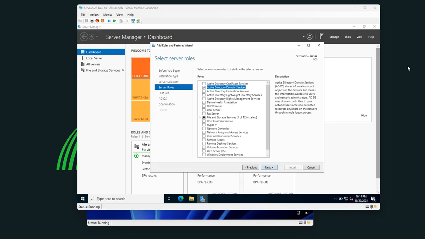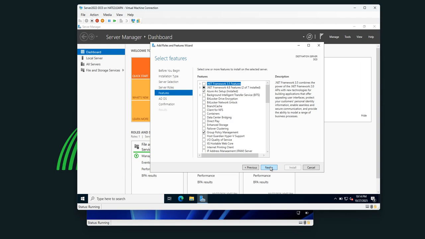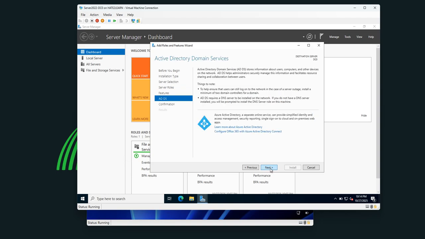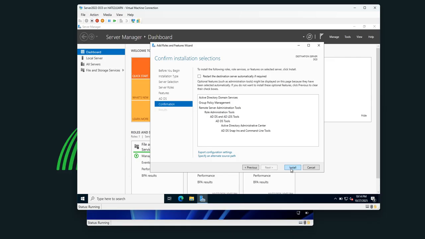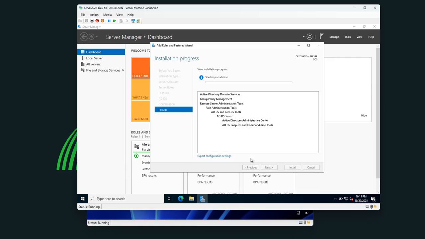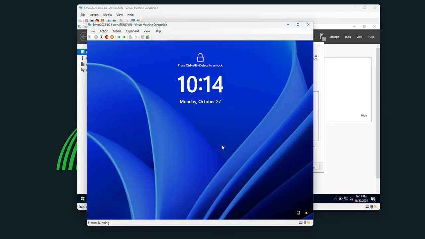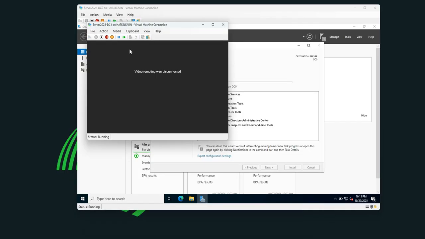Installing Active Directory Domain Services adds the Active Directory software, which is a database that stores users, computers, groups, and network resources. So this is the Active Directory Domain Services. Next, next again, next, install. While this is installing here, let's go to DC1 and